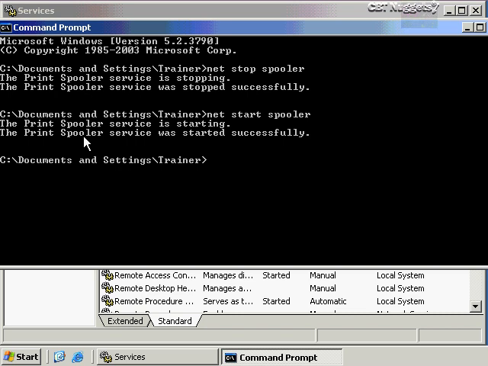Let me also take a look at a couple of other ones. Net stop DHCP. Let's just do a pop quiz here. What will that do? The common thinking there is, well, if this is a DHCP server, it's going to stop the DHCP server service, right? No, it stops the DHCP client. And if I press enter here, you'll see that. It stops the DHCP client service. So I guess I better start that up again if I'm going to use a DHCP client address.